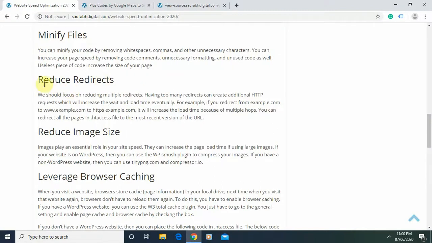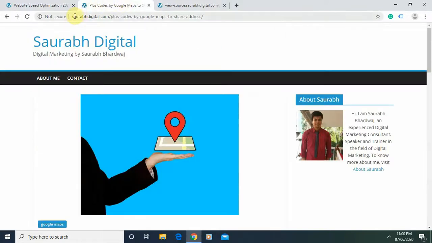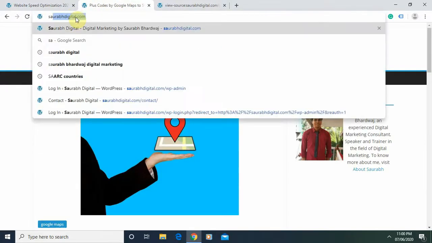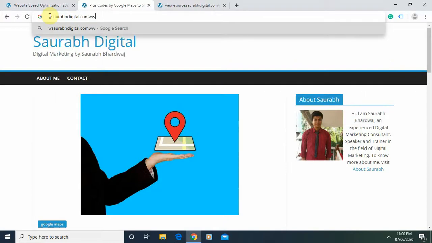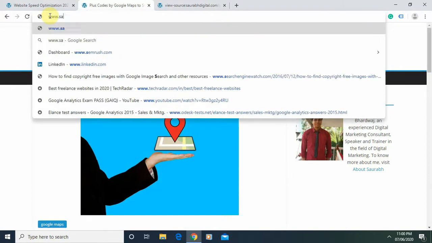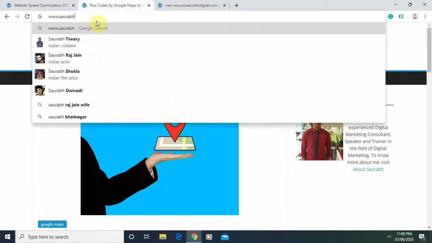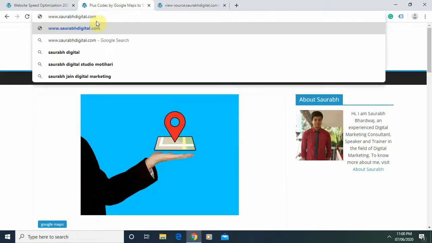Okay, apart from this, you have to reduce the redirects. Your website can have multiple versions. With saurabhdigital.com, in my case, your website can have www.saurabhdigital.com, or you can have https colon double slash saurabhdigital.com.